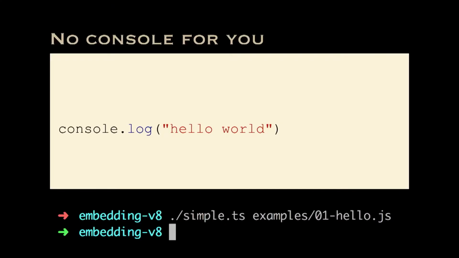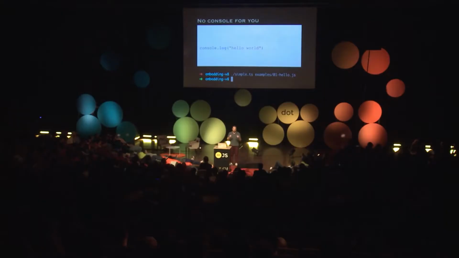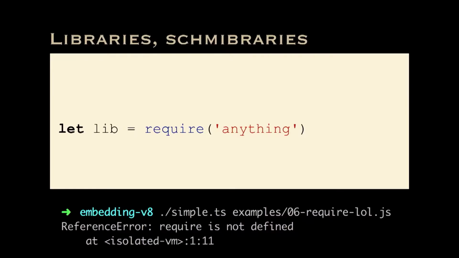Console.log also does not work. All the plumbing's there in V8, but if you run console.log, nothing happens. The way you can think about JavaScript when you put it into V8 to run it is it's a black box. It doesn't affect the outside world at all. It just does some stuff in memory, and then it tells you it's finished, and hopefully you're happy with that. You can't require things. There's no module support. You have to implement this stuff from scratch. Or you can take the shortcut we took for our prototype and use Webpack or something like that to bundle files and just give it one big old JavaScript file.